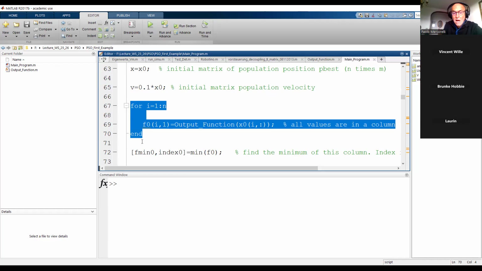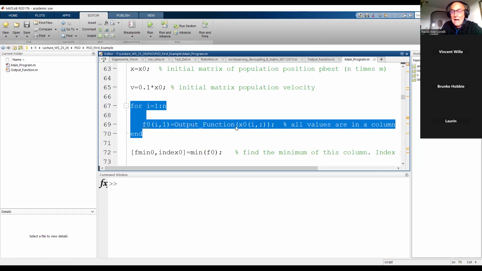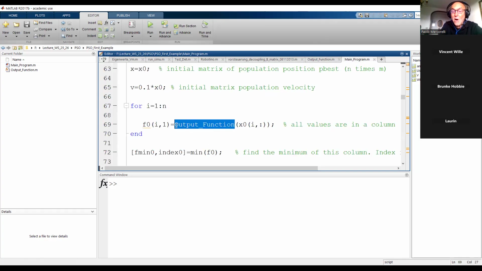If you remember, output function is exactly the name of the function. Look here. This file, the name is output function, is also the same name of the function, but very important, the name of the M file. Meaning, with this command here, I will call, this is the name of the M file, which is the same as the name of the function. Means I call the M file and I calculate the M file, which is a function,